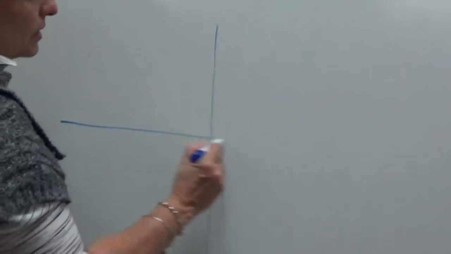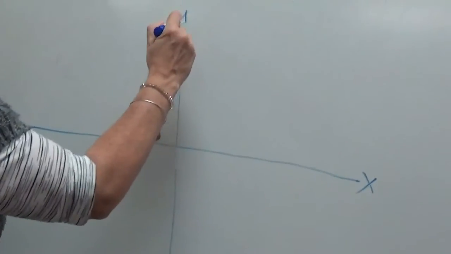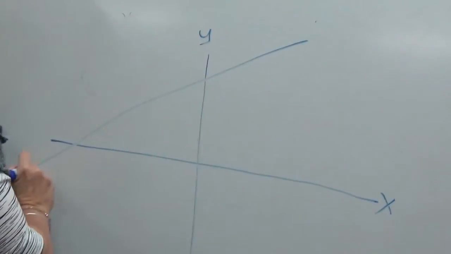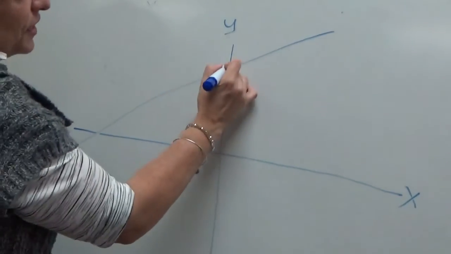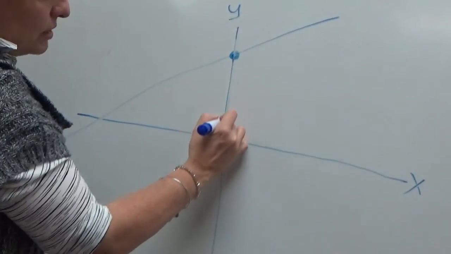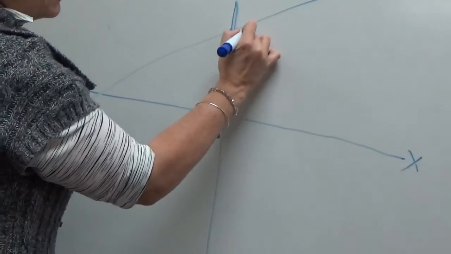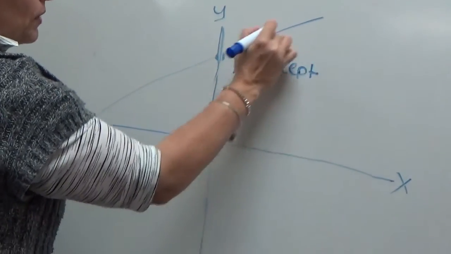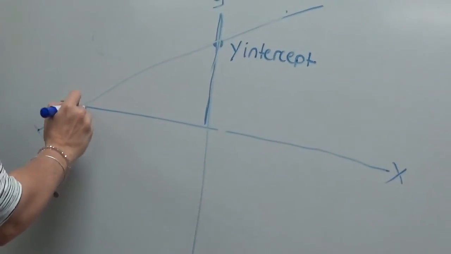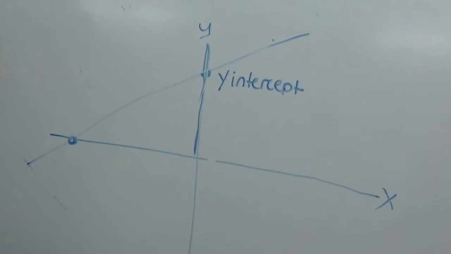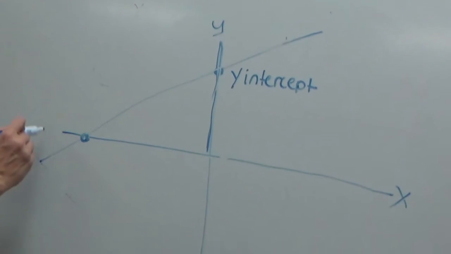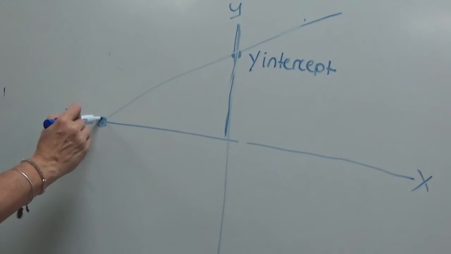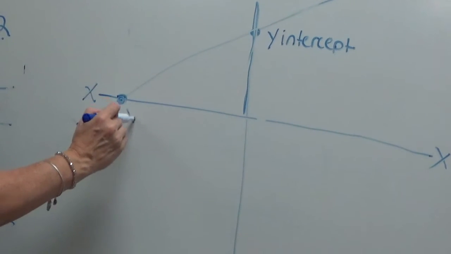If I have a graph of a line, so here's my y-axis, that's my x, that's y. I'm going to draw a line right here. This would be crossing my y-axis. This is called the y-intercept. That's where it crosses the y-axis. This is not a straight line, pardon my line, this is the x-axis. This is where it crosses the x-axis. So this is my